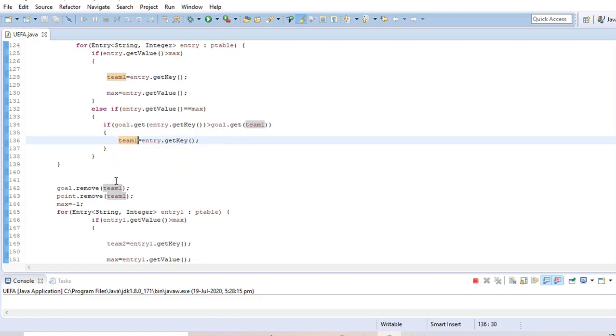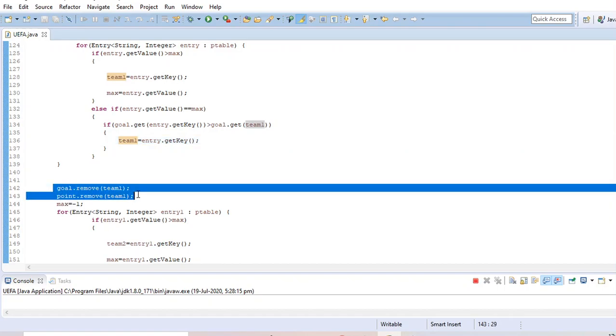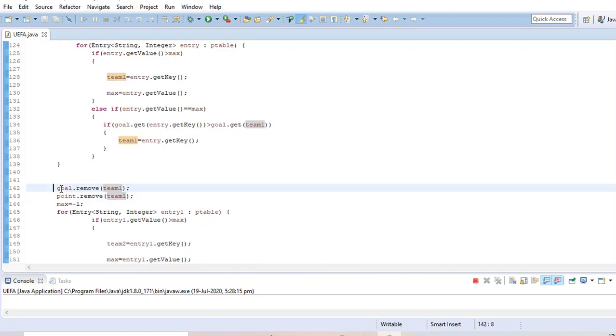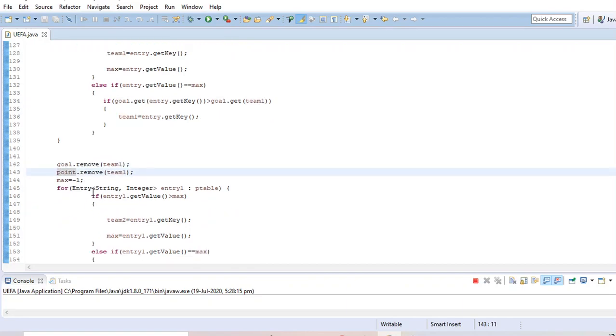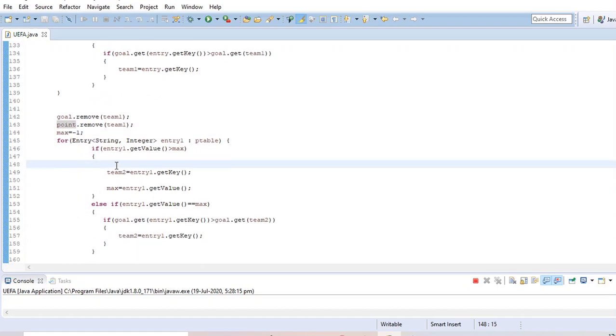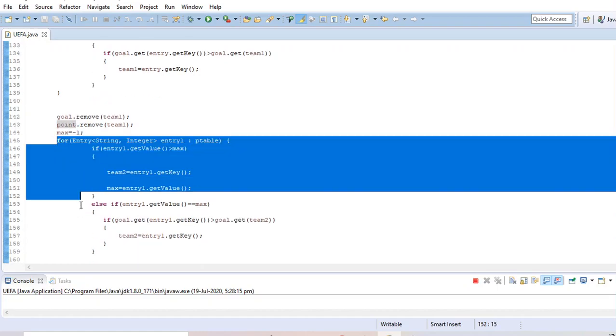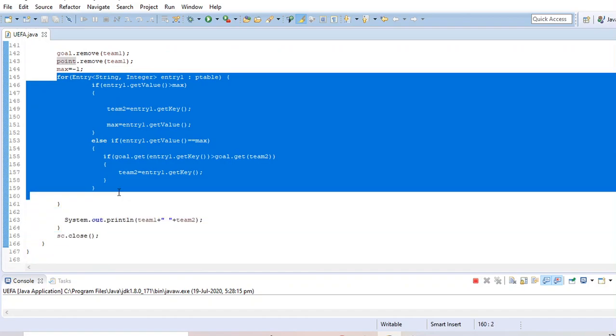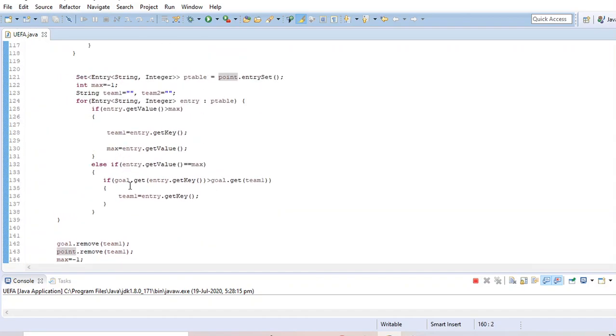Already I found the highest ranked team name. Then I remove this team's name, the point and the goal difference from these two hash tables. Then I again initialize maximum as -1 and I again do the same thing as I already did to find the highest ranked team.